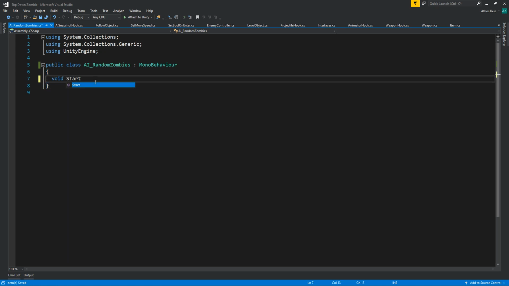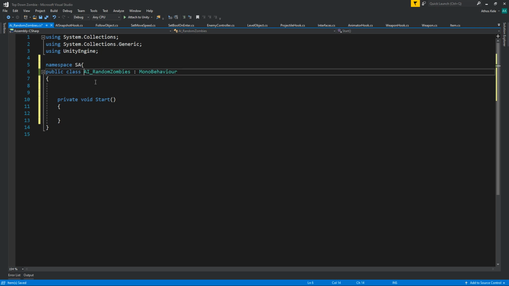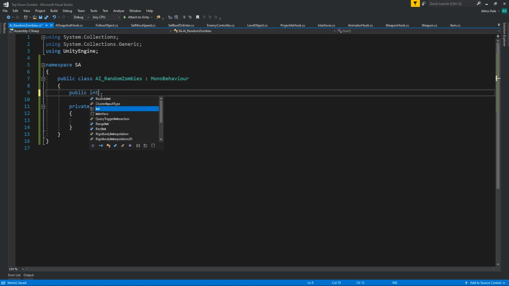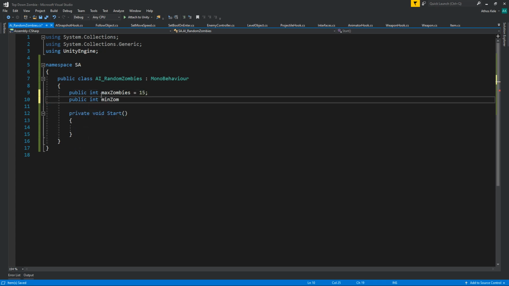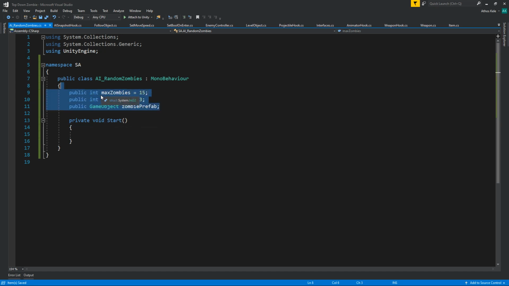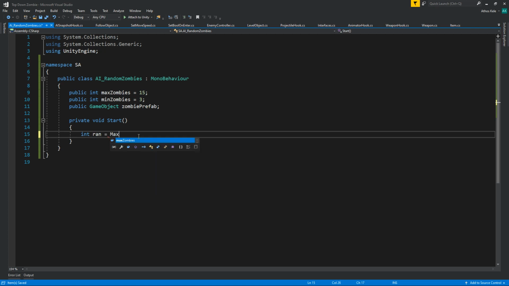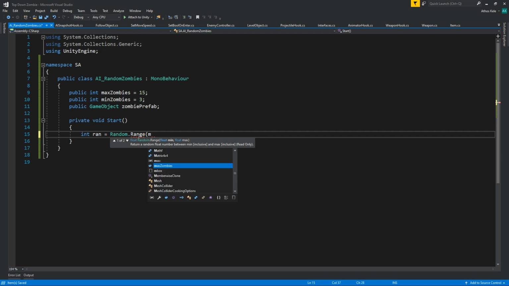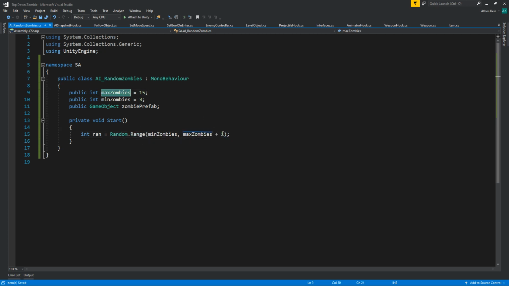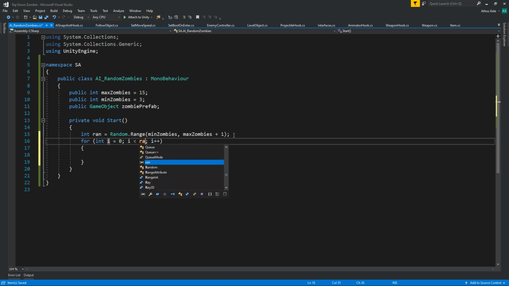Okay, and on start, we're going to do some logic. Let's add the namespaces as well. Let's add this. Okay, it's already there. So public integer max zombies, let's say 15. Public integer min zombies 3. Okay, so public game object zombie prefab, or we can load this from the resources, but we can just assign it, so it doesn't matter. Okay, so integer random max random dot range min zombies max zombies plus 1, so we actually get the actual number of zombies we have over here, and then for run